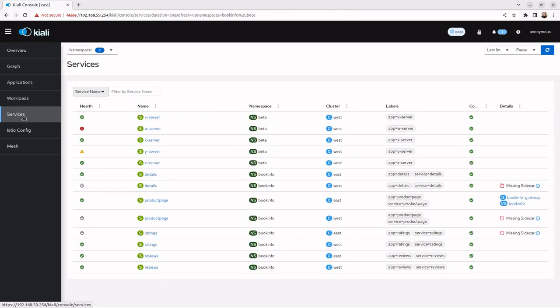The same information is also available for the remote services. The cluster column